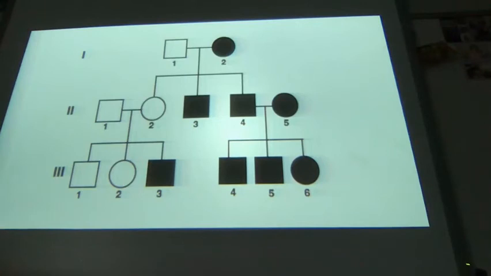Yep. But what about these? This 2-1 and 2-2 here. Yeah, if you look at it, you have to have a. You're right. Because they can still be carriers. They can still be carriers, right? So 2-1 and 2-2 must be carriers because they had 3. No way could 1 and 2 be recessive and have a dominant kid. Like, no way. Okay. Pedigrees are like the ultimate